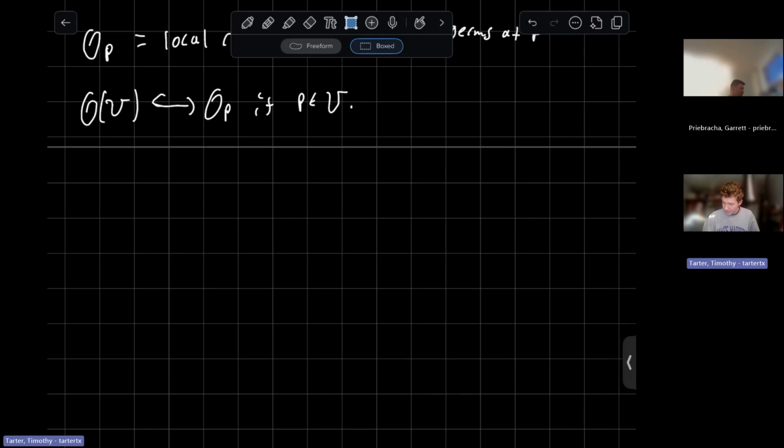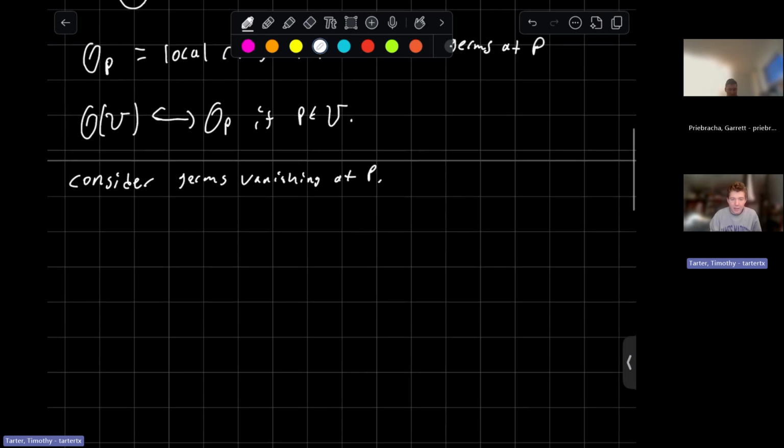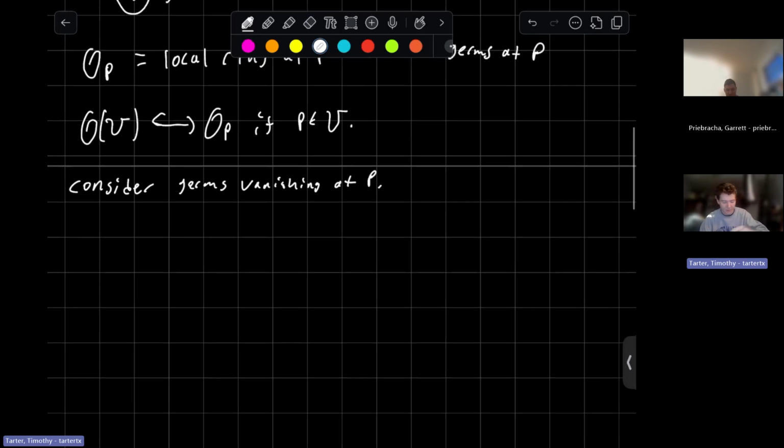And we can definitely consider the germs vanishing at P, i.e. the functions defined on the open sets that go to zero at P. Then they form an ideal,